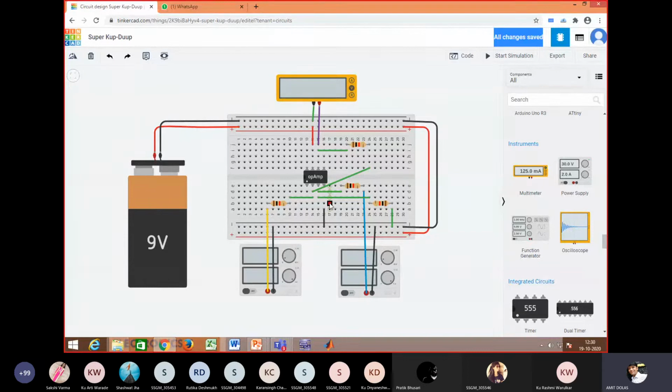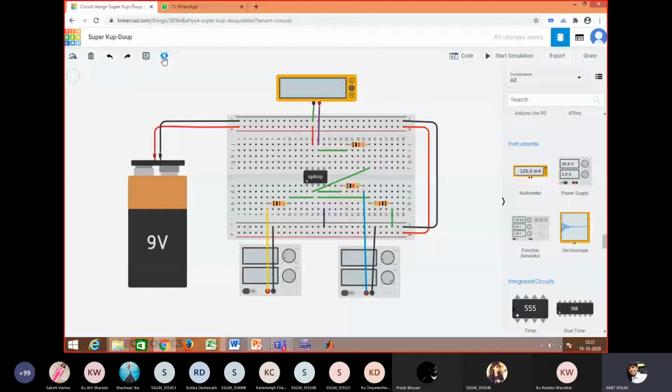If I delete a particular component, it will be automatically deleted and the recent circuit will be saved. You have undo and redo buttons, by which you can go back a step or forward a step. This is the rotate button. If you want to delete, there is a delete button, or you can directly use the delete key from your keyboard. And here you have an option to hide and show the attributes of the component. We'll not go in depth here. We will directly simulate this.